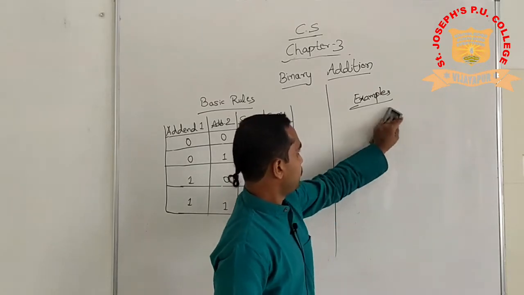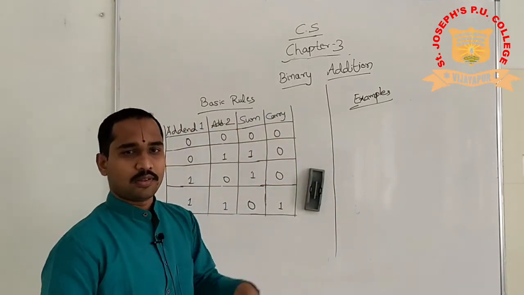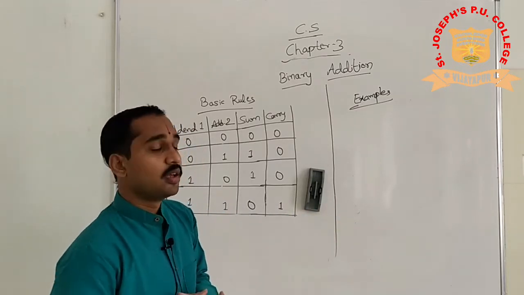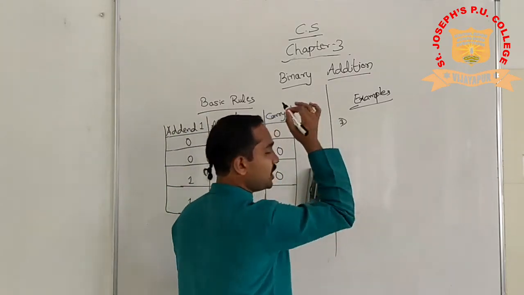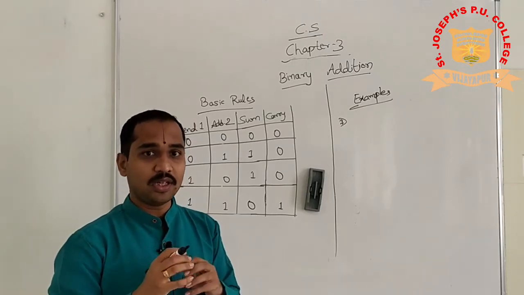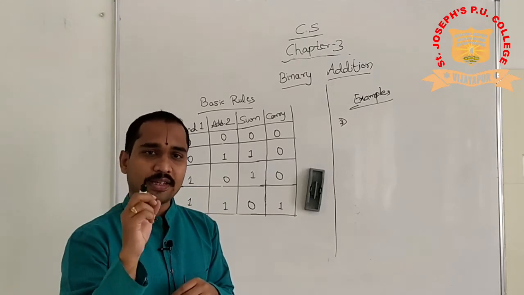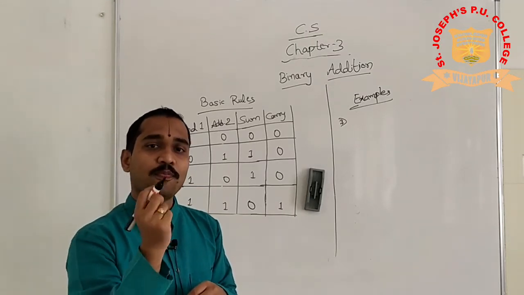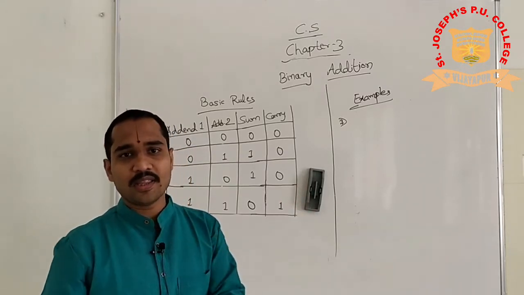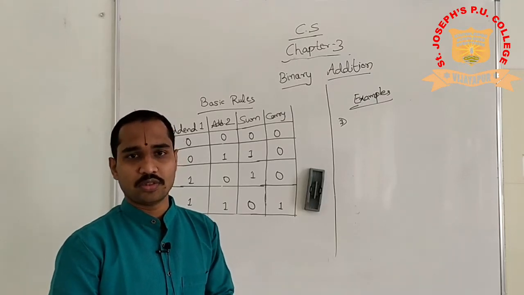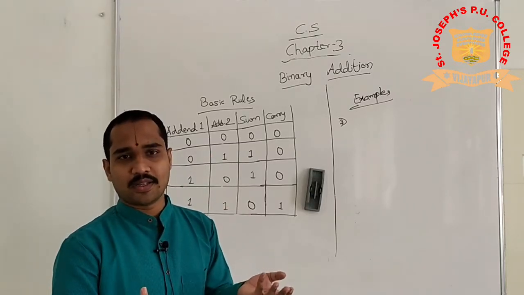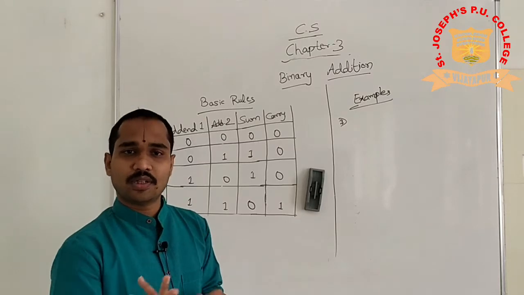The next level of this. What is the next level? When they give binary numbers and tell you to add, that can be of 1 mark. But they may give you decimal numbers and tell you to find the result of binary addition of those. How to do it now? First, convert that decimal number to a binary number. You already know the rules of conversion, isn't it? A decimal number is given, you factorize and you get a binary number easily. Take the binary numbers and add them.